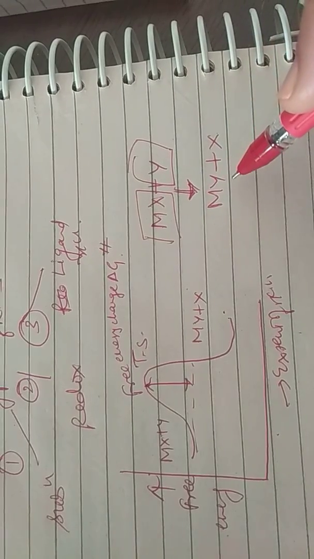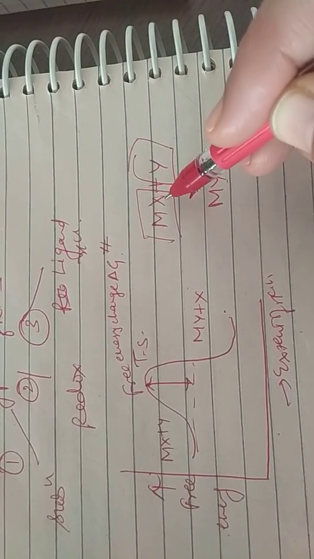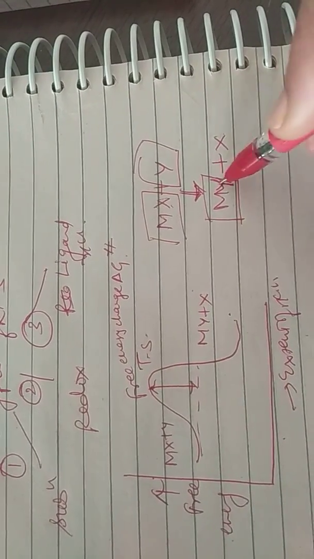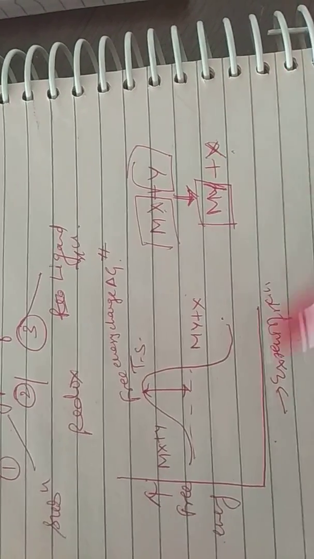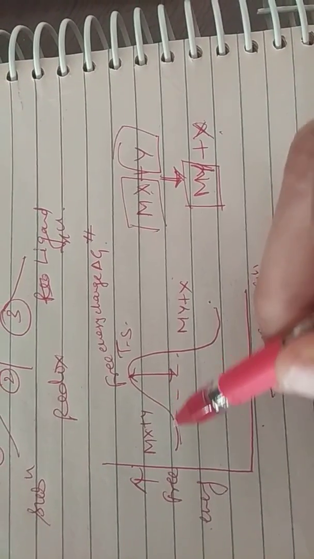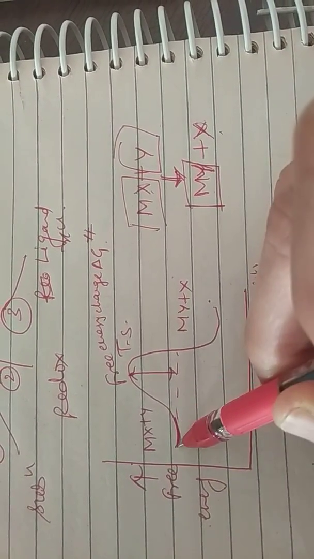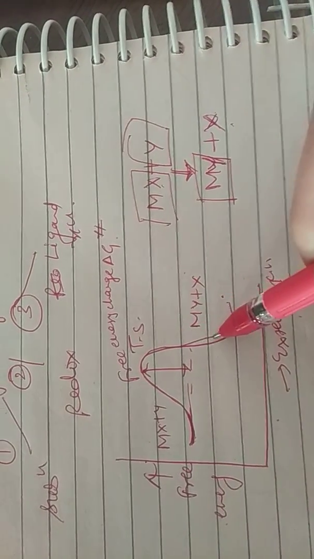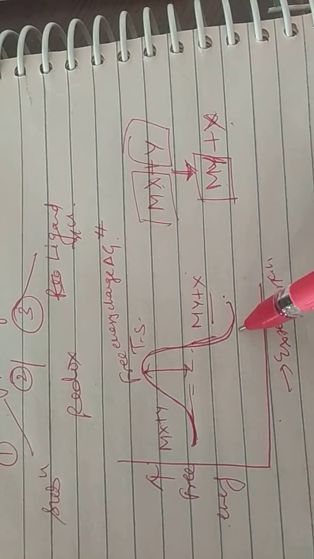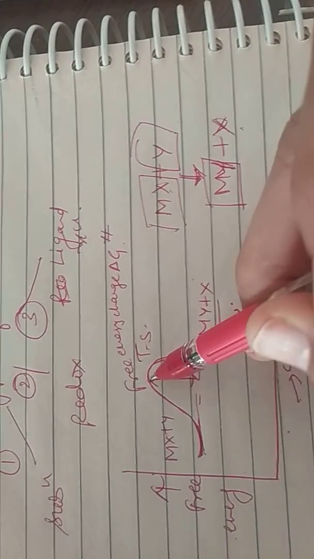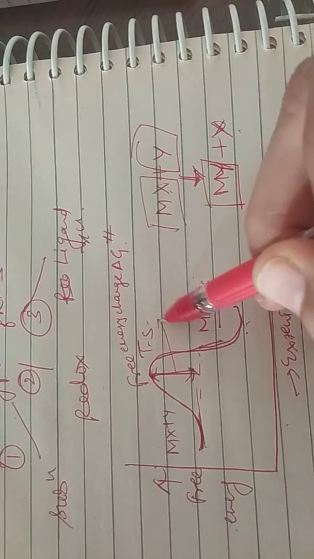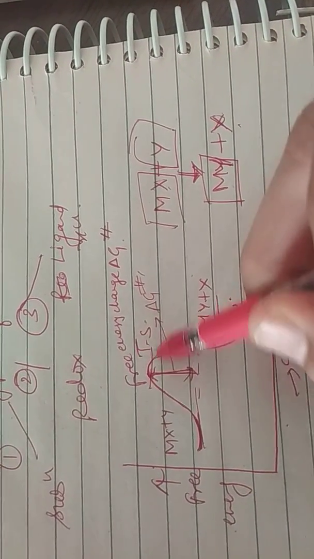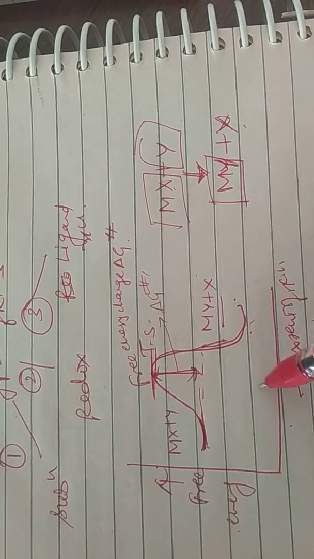it replaces X, and results in formation of MY as a product and X as a leaving group. So we can plot the energy profile diagram: the reactant is lying at this energy level, and then it passes through a transition state and goes to the products. The products are obviously at a lower energy than the reactant, and this is called the free energy change, that is delta G. And at this point, this is the activation